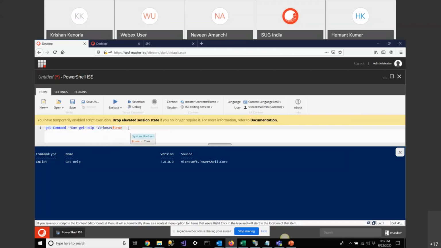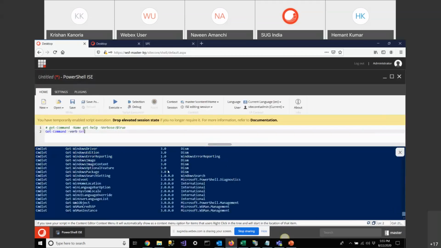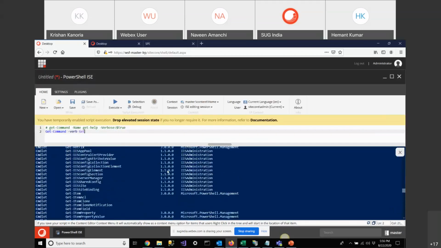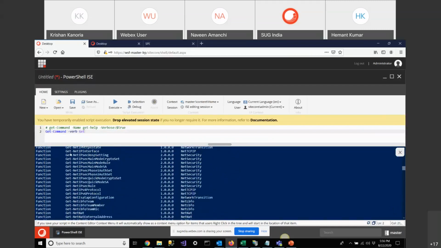Suppose I say Get-Command, then -Verb Get. If I run this, it will give me all the commands and functions which have the verb Get.